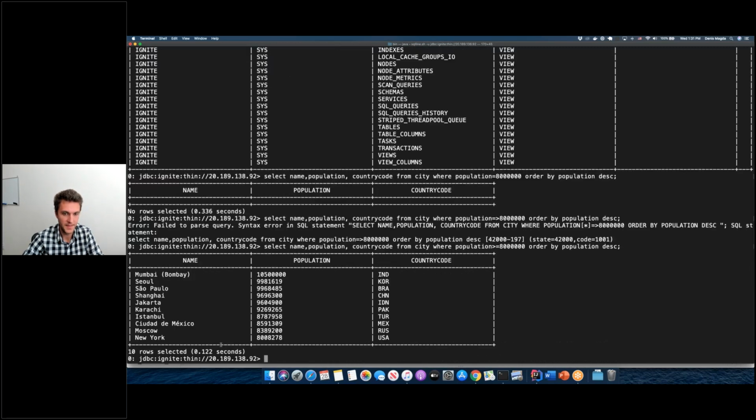All right, that's the proper syntax. These are the cities. So generally, Mumbai, Seoul, São Paulo are the top 3 most populated cities. And what I want to do next, I want to create a serverless function that actually would be answering this